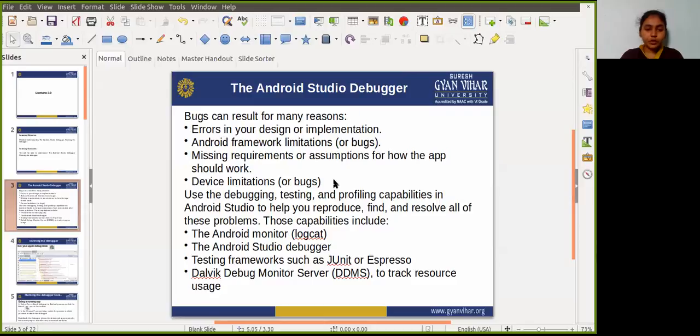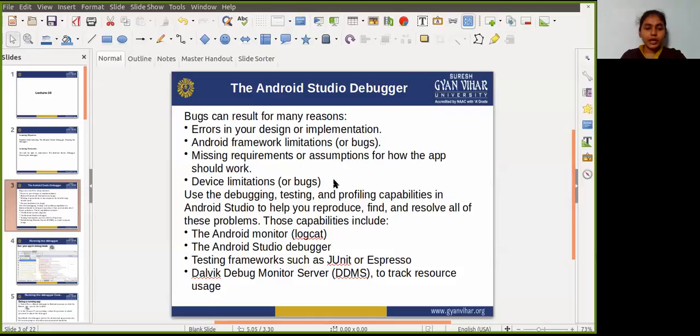So these are some of the reasons through which errors or bugs may happen in the code.